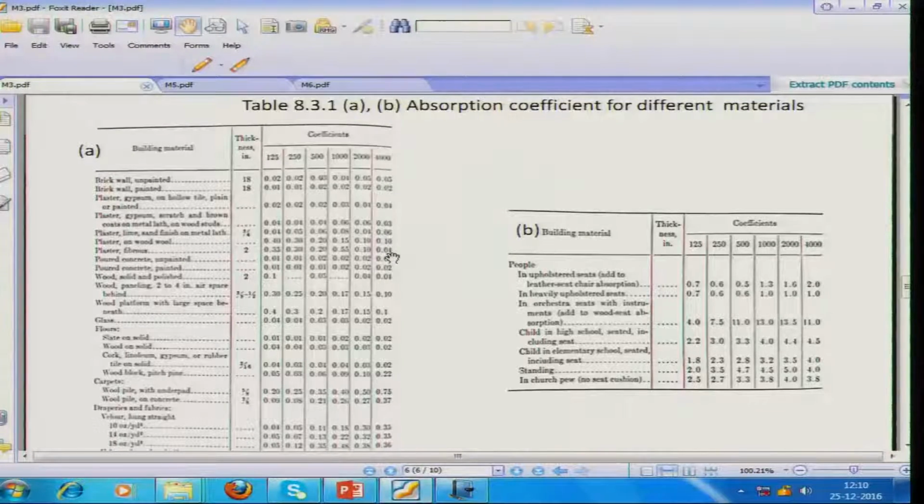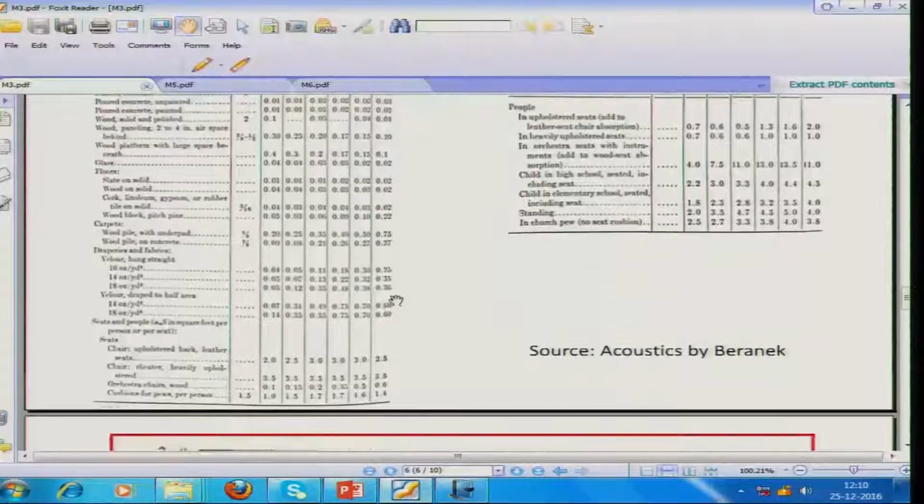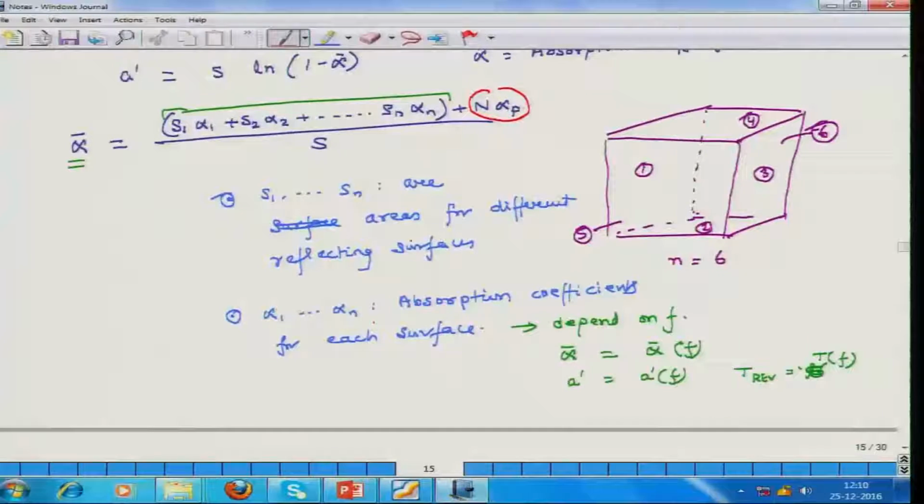So, these numbers can change very significantly. From tables such as these you can get information on all these alphas, and then you can compute this term. S1 you have to measure, and alphas you have to get from literature. Then in a room